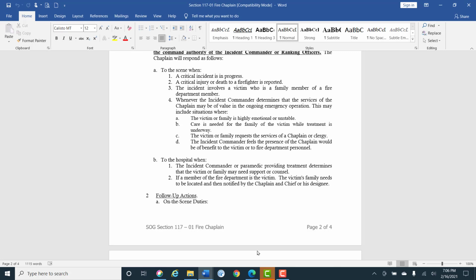Care is needed for the family of the victim while treatment is underway. The victim or family requests the services of a chaplain or clergy. The incident commander feels the presence of the chaplain would be of benefit to the victim or to the fire department personnel. To the hospital when the incident commander or paramedic providing treatment determines that the victim or family may